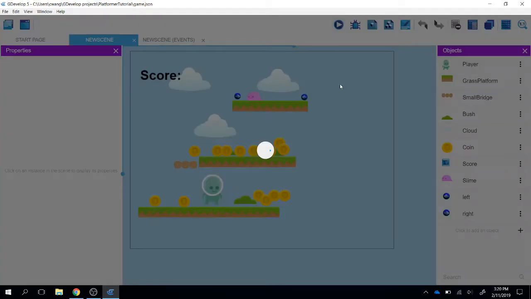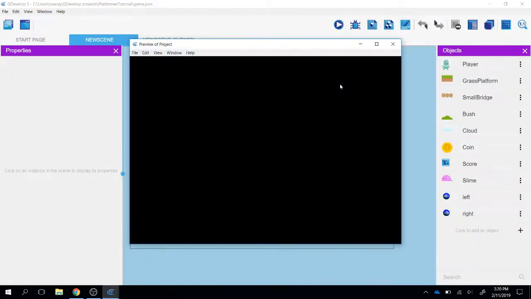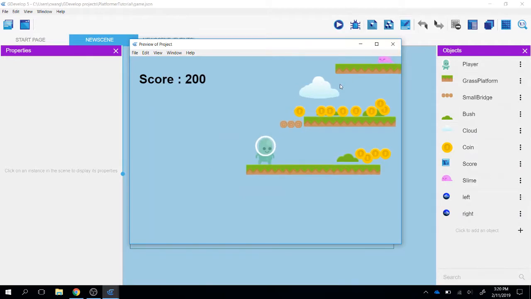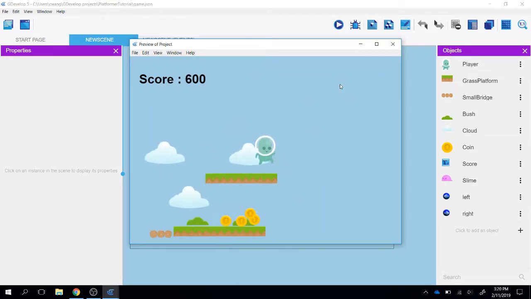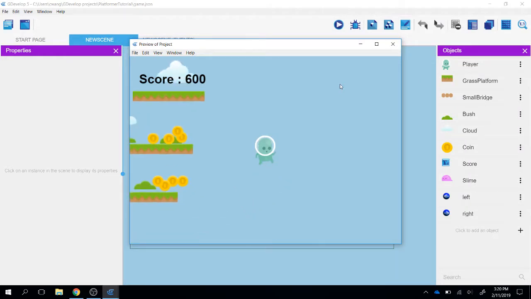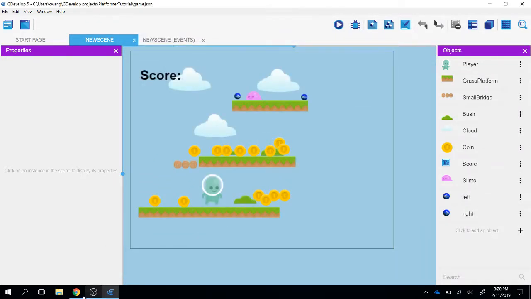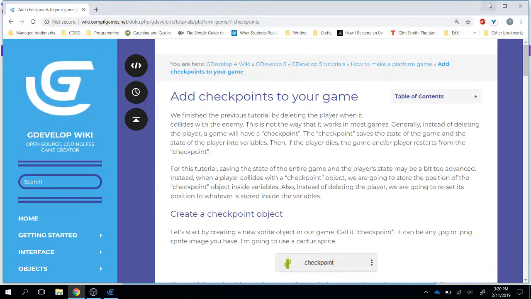So, let's check what we have so far. Click coins. Alright. So we added enemies, we added the bouncing, and now we are on the last step, adding checkpoints to